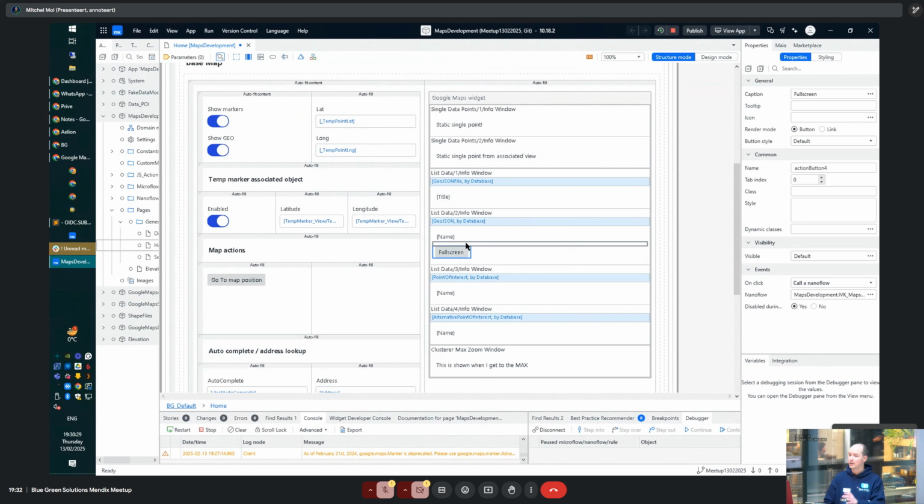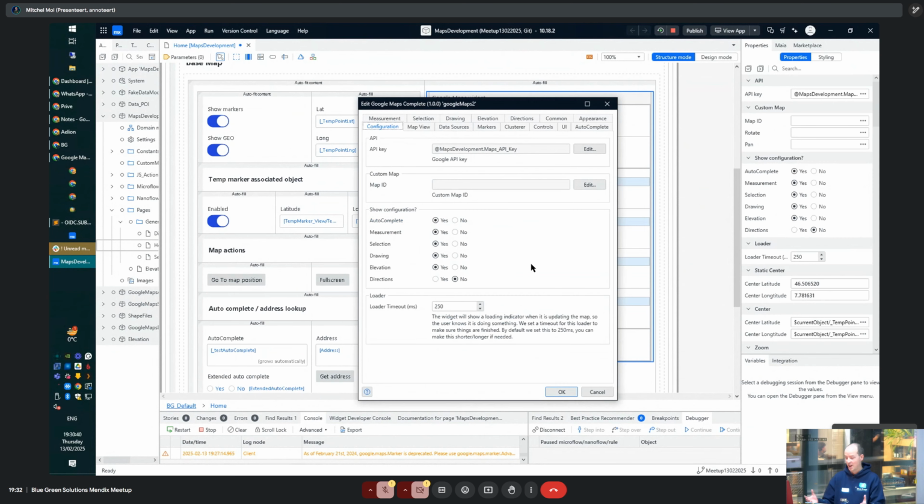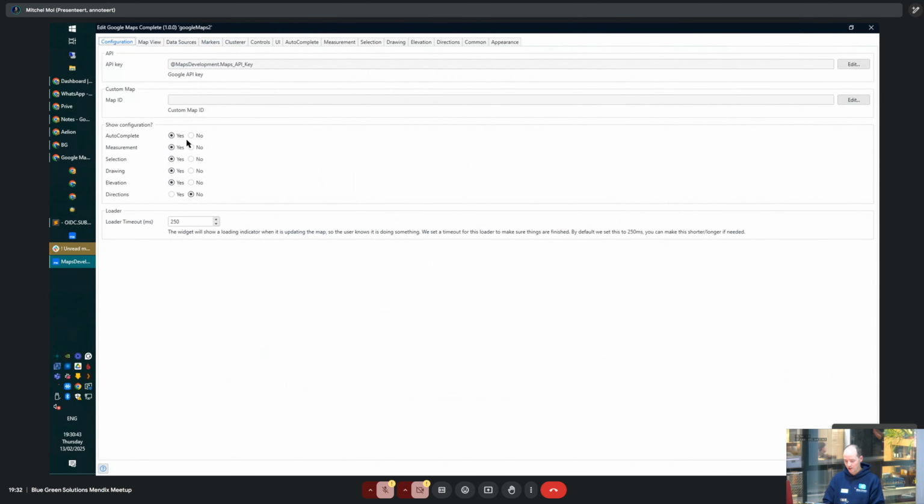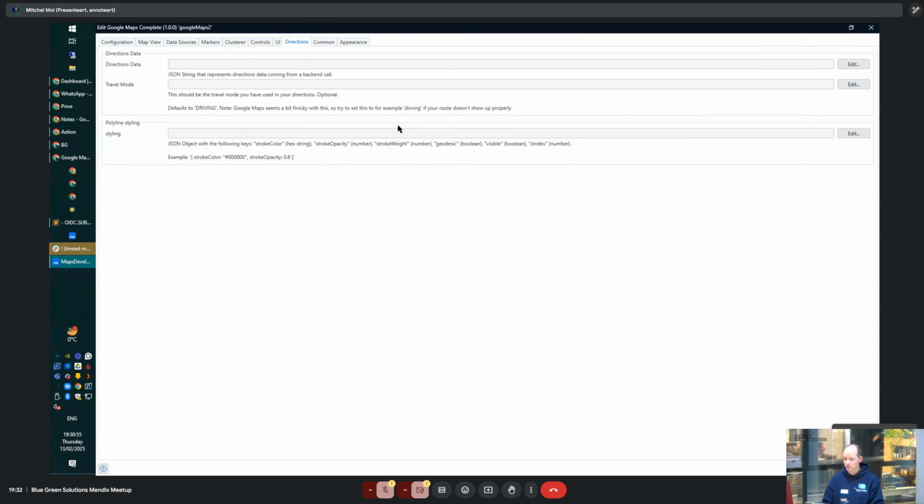If we open up the widget itself, as I said, there is definitely some grouping necessary. This particular widget has everything. Fortunately, Jelte thought of that and said, well, if you don't need everything, then we can just disable some items, right? And then we don't have so many tabs. And then we enable the directions, and then we have a directions tab where we can specify some direction stuff. Unfortunately, one of the things that I've always found a little bit annoying is that I can't resize this. So people from Mendix here, guys, can we fix this?